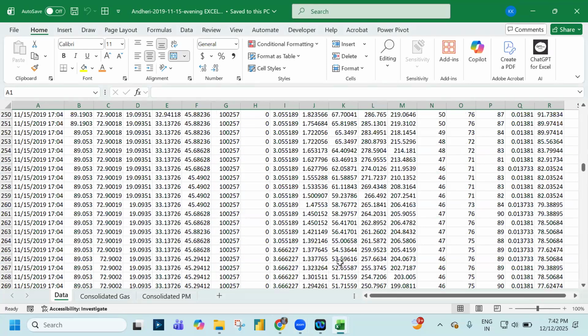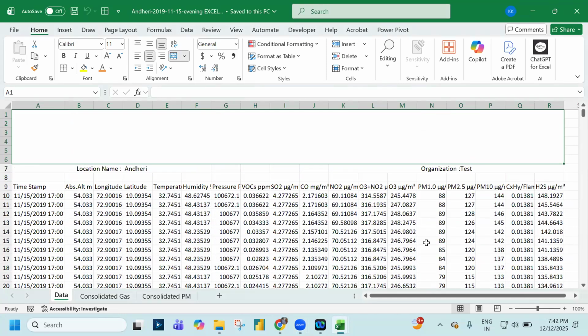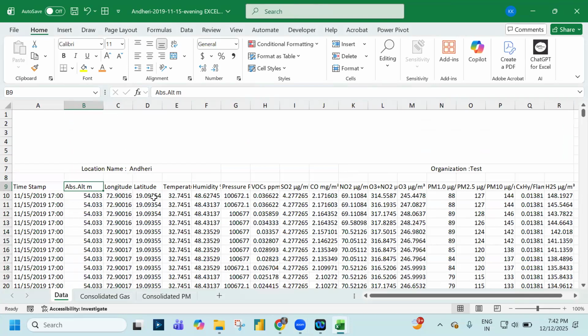So if you observe, at different altitudes the different numbers are reported. You see this is an altitude, and a particular longitude and latitude. And what is the temperature at that altitude, at that height? How is the temperature, how is humidity, pressure, and SO2, CO2, NO2, all that stuff. So the drone captures all this information and feeds that data into a server, and from the server, you can